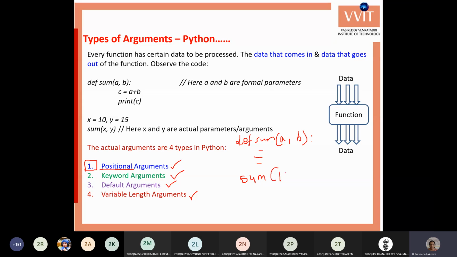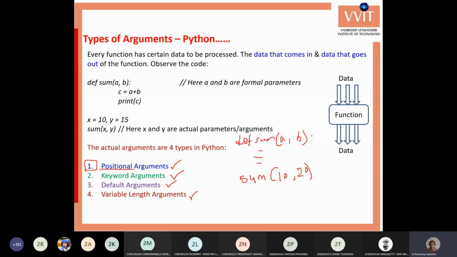I'm passing 2 values to the function. What is the value of the a variable? 10, ma'am. B variable? 20.